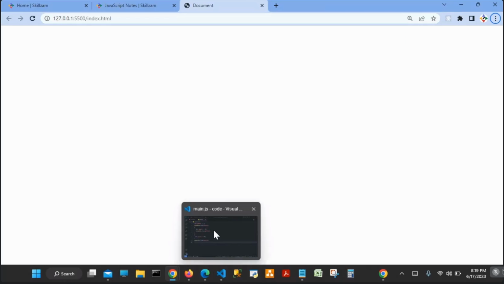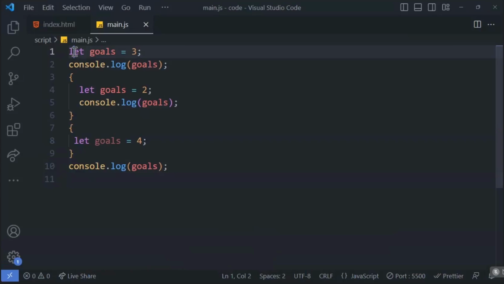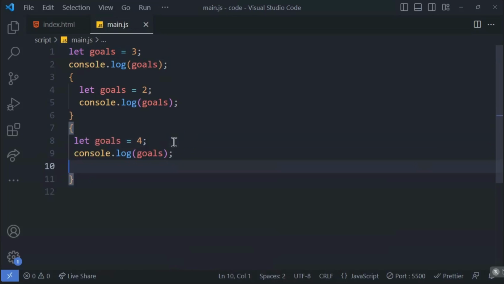Where is that? Yeah, now what is happening? Let this be 3, and here I am printing, and let me go ahead and add here as well, and then I'm printing here as well. Now things would have been different, because here I'm redeclaring it, declaring and printing it, which is 3, and